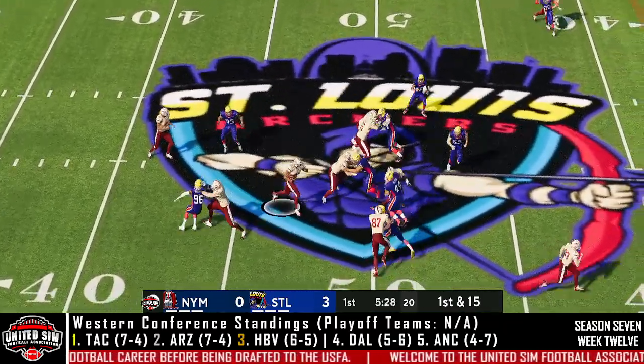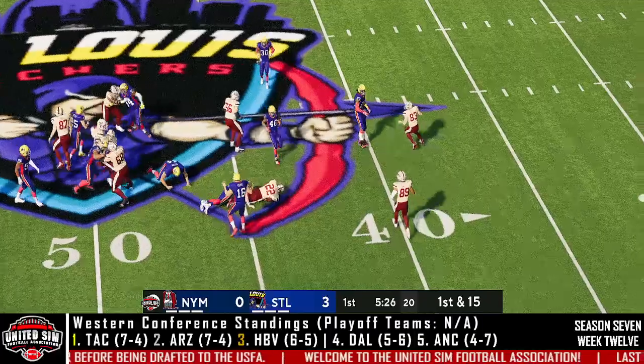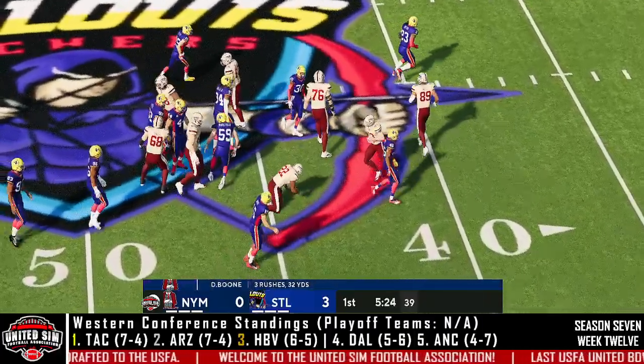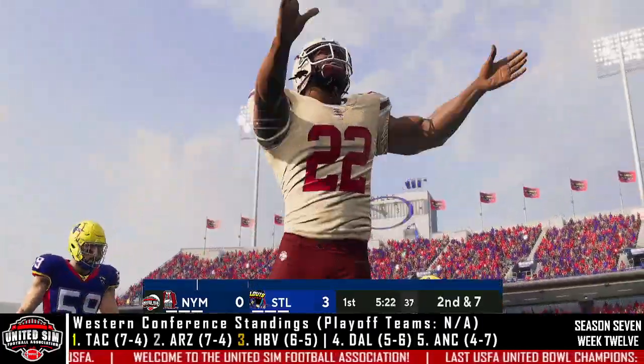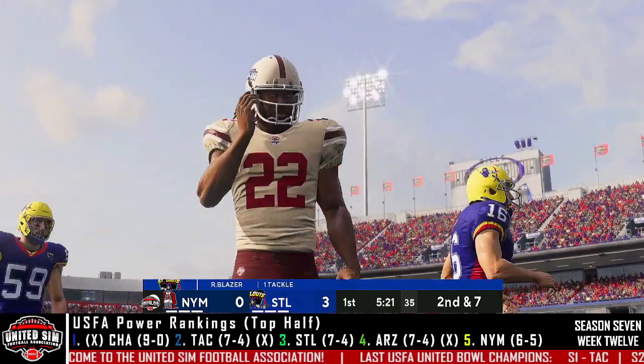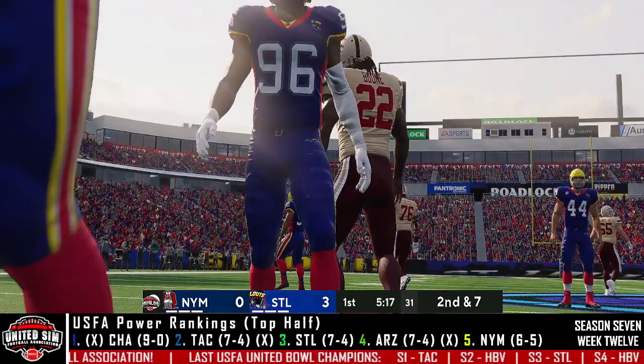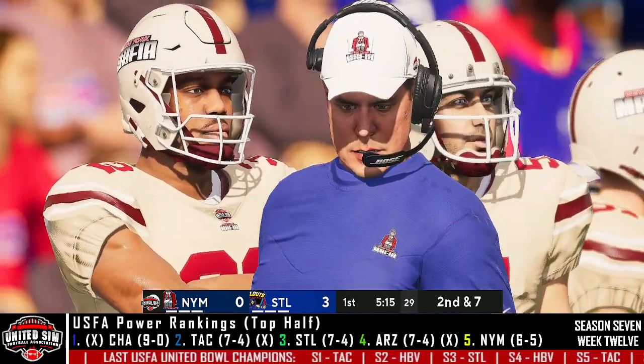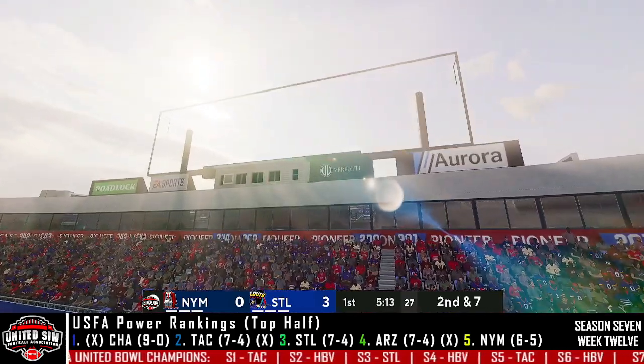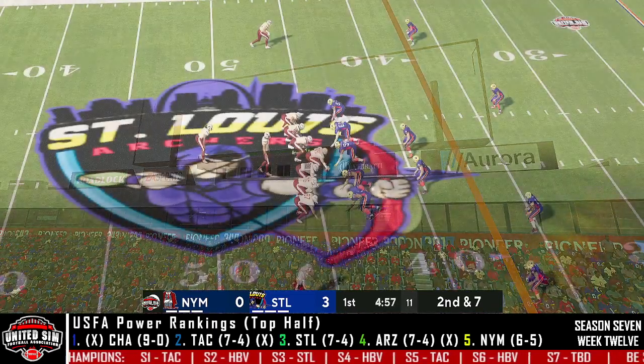Going to be another carry. Yes, it is. And there goes Doc Boone pushing forward for a decent gain. 3 for 32 on the day and a gain of 3. But continue on with the defensive front here for St. Louis. It's going to be